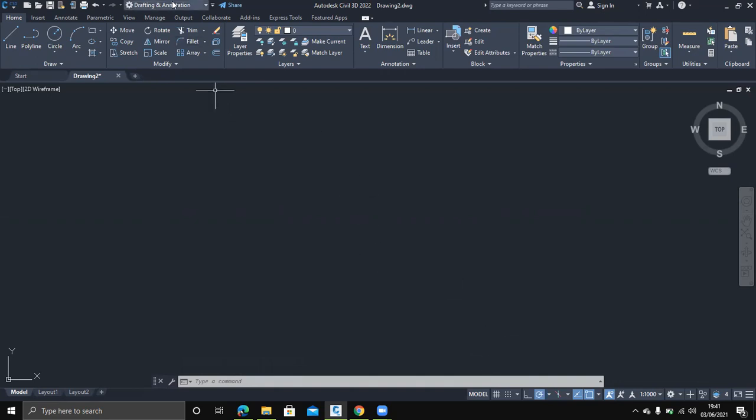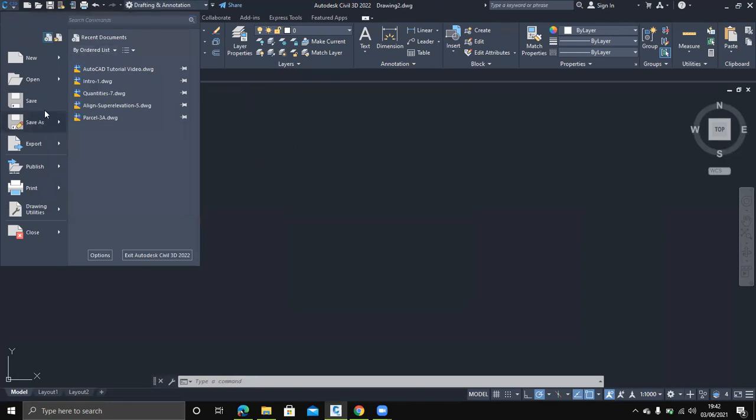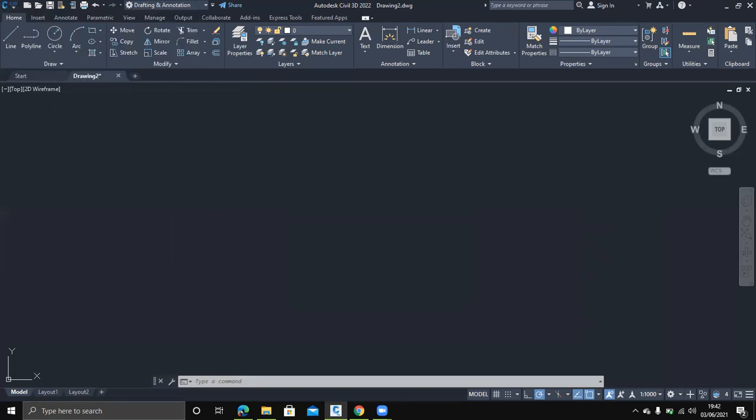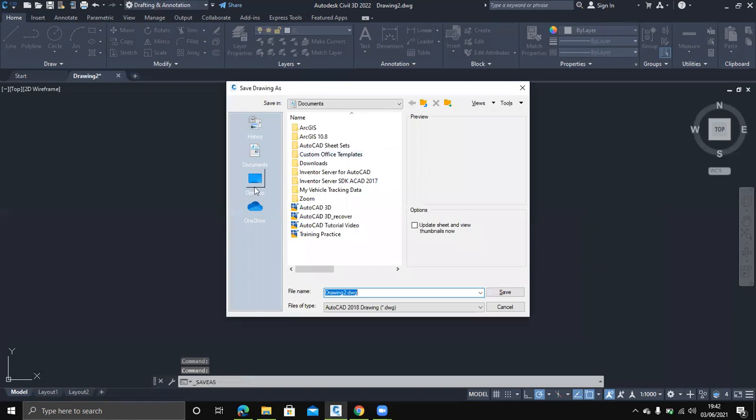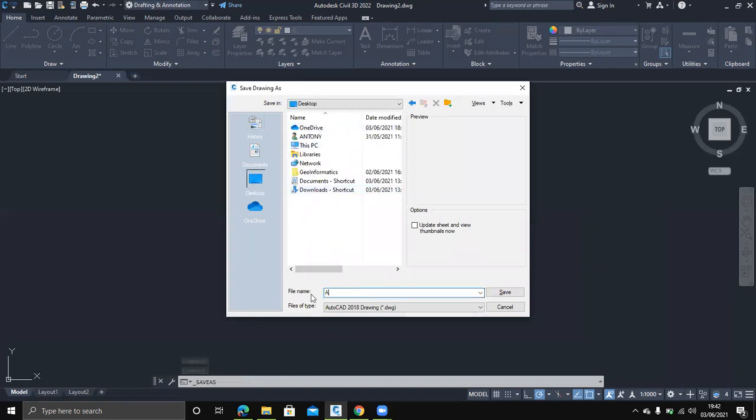Then I have to ensure that I'm on the drafting and annotation workspace because I will be drawing these in 2D. I don't want to do it in 3D. I don't want also to do it in Civil 3D, because I'm using Civil 3D. So I will keep this as drafting and annotation. So from there, the next thing I will do is to save. Before I start, I may want to specify my saving location. So I will save this in desktop, and I will call it AutoCAD